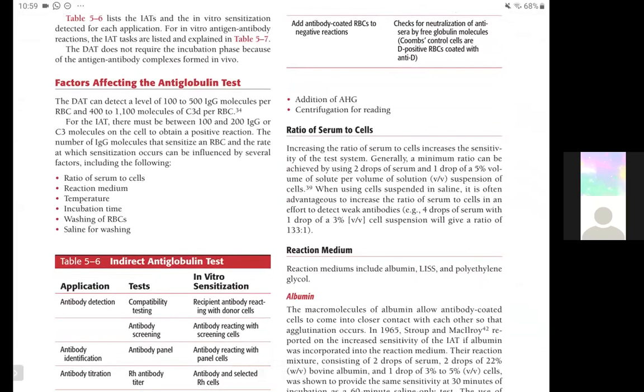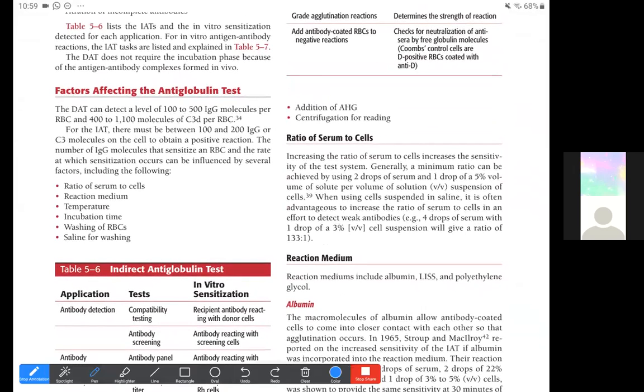Now the reaction would be affected by the ratio of serum to cells. We had mentioned that it needs to be about 2:1 for the reaction to proceed. Generally just 2 drops of the serum and 1 drop of the 5% solution is needed. And when using cells suspended in saline, it is often advantageous to increase the ratio of the serum. The serum may be increased by adding 4 drops of serum with 1 drop of the RBC suspension